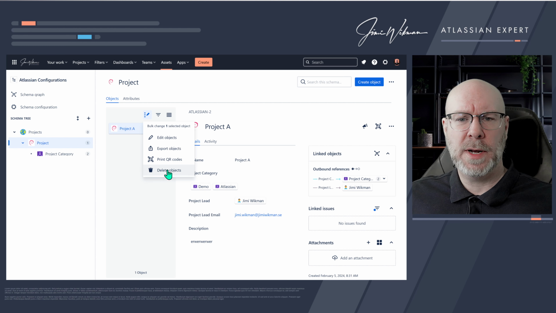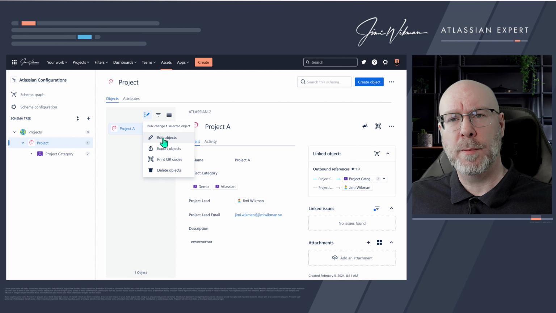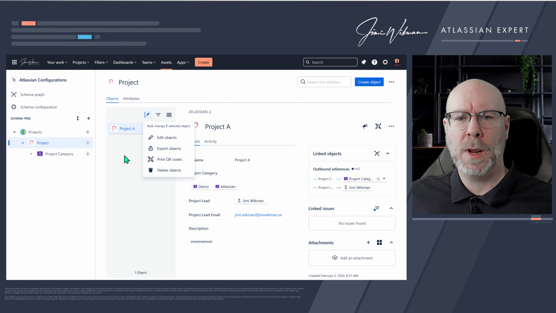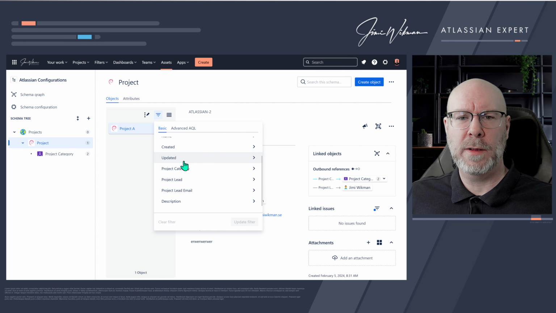This last one might seem stupid, but if you are doing imports from CSV, for example, it's very common that you sometimes need to remove everything and start over if you do something wrong. Edit object will allow you to change all of them when you have multiple selected, because you can use the filter here, and this will allow you to filter on all the attributes